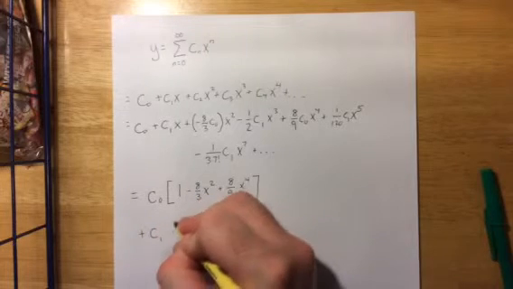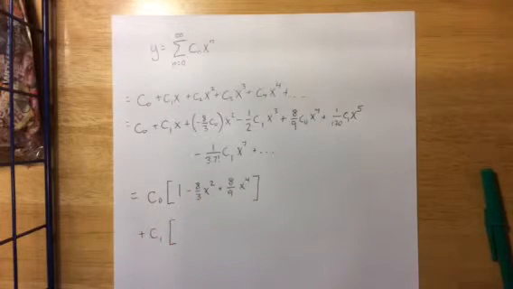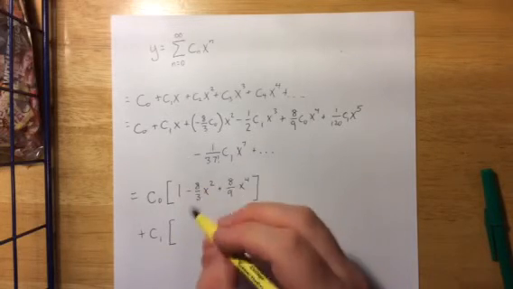Then we'll also group together everything that had a c sub 1 in it for our second linearly independent solution. So we had a